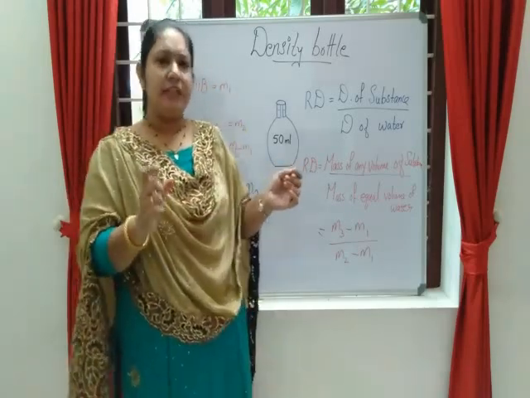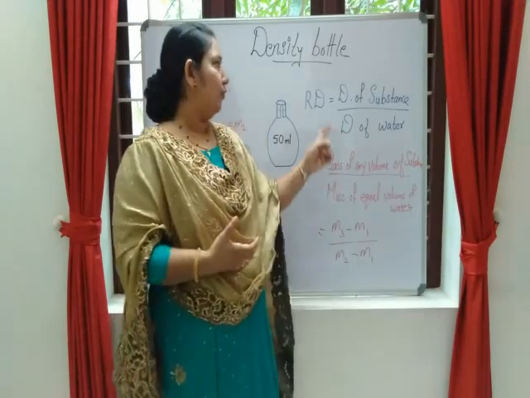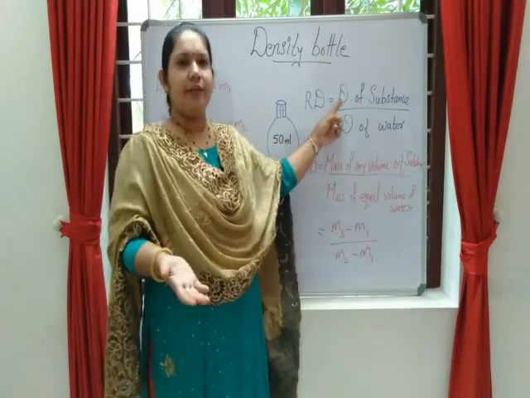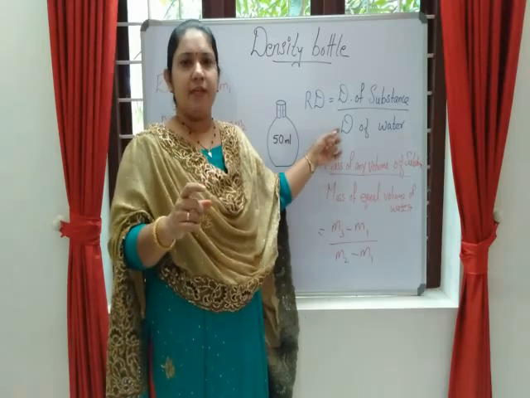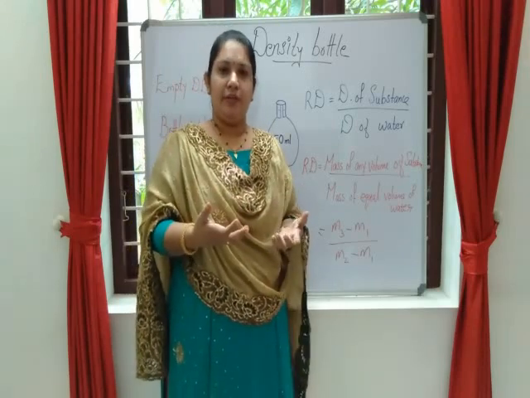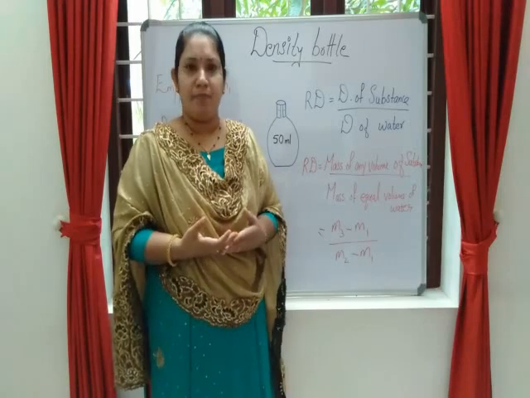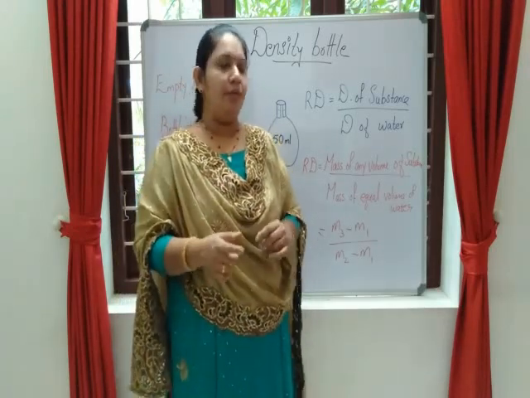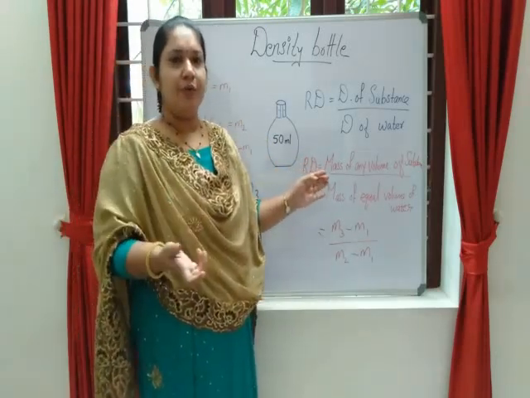So, if we know the density of milk, if it is a fixed quantity, then we can use the formula relative density is equal to density of milk, or density of a given substance, by density of water. But the density of every object, even solids, liquids or gases, will vary with the temperature. So, for finding the relative density, we have to use the specific gravity bottle. Just now I will show you the experiment.